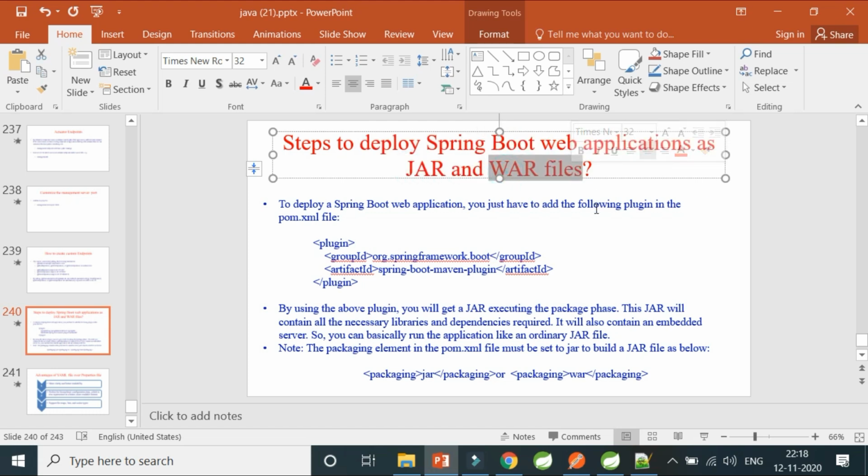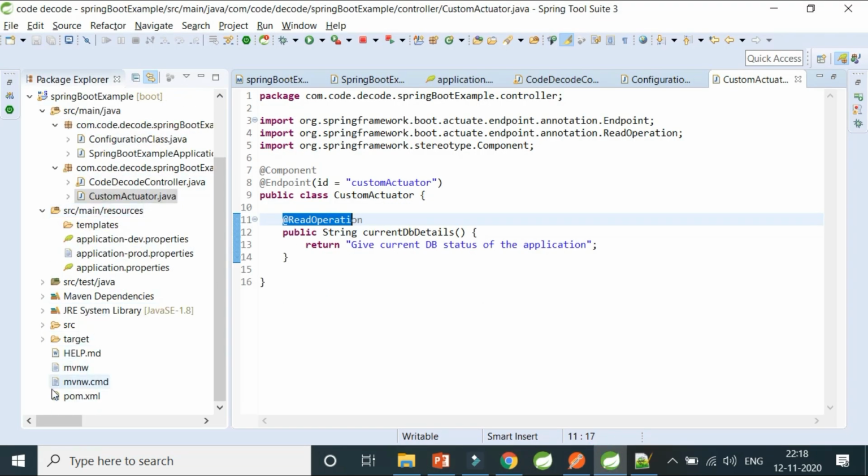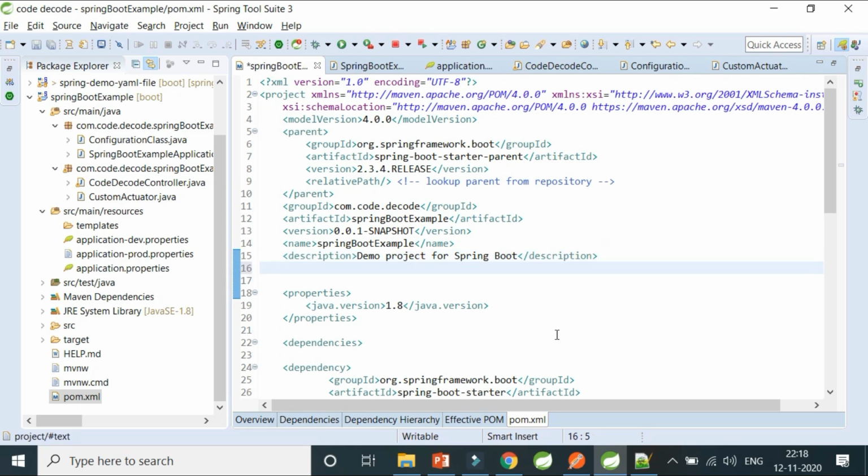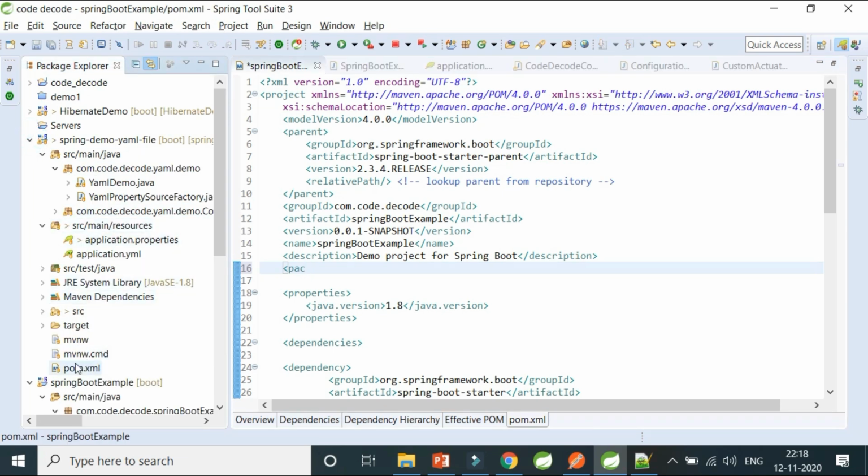This is a very simple question that an interviewer might ask you: if you're using a Spring Boot application, how are you packaging the application? How are you actually packaging your application when you have to deploy it to higher environments like Dev, production, cert environment or qual environment? How are you actually deploying that particular application? You just have to say that in my pom.xml, I have given a particular packaging setting. I'll give you one example from here itself.